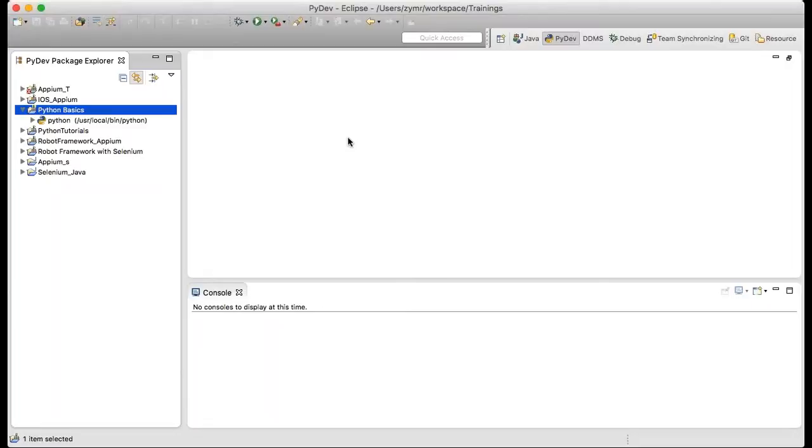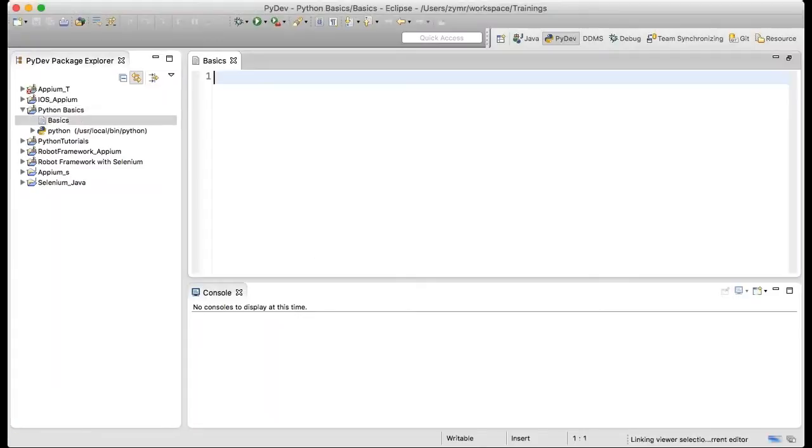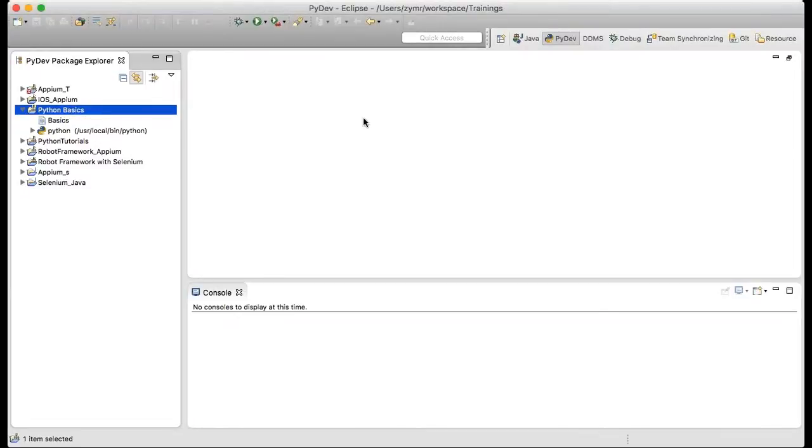Now this is a file, and I say the file name is, I would say, basics.py. Sorry, by default it creates a new PyDev module. This we have to select, not the file. We have to select PyDev module because we are going to create our .py file, that is the Python file.